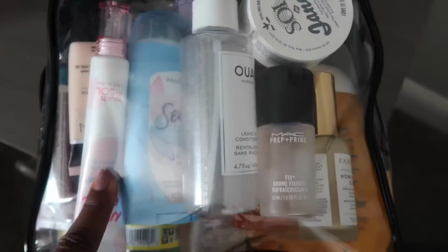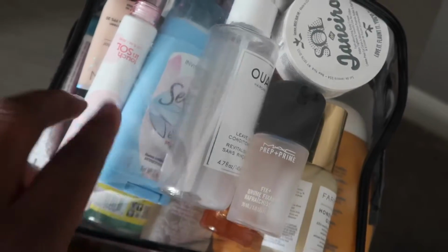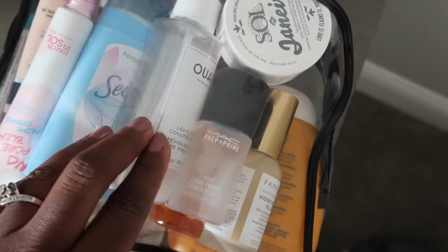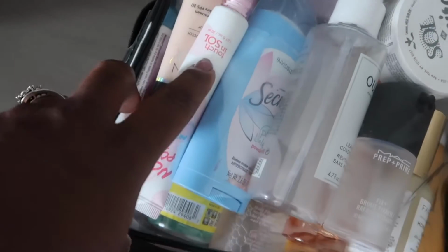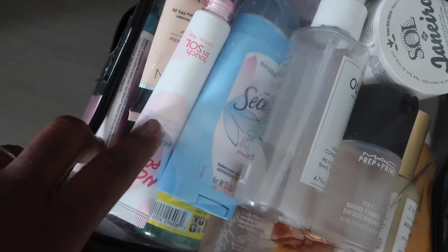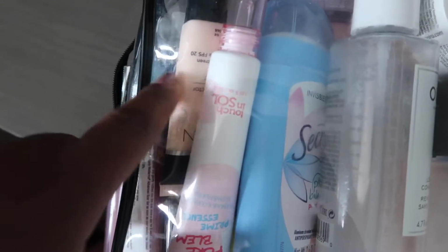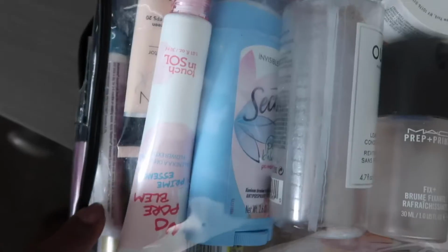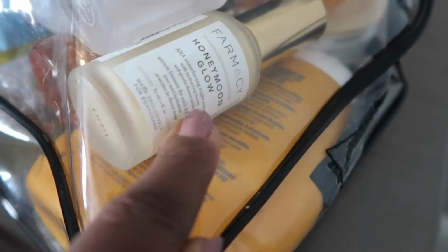Then I have my skincare and toiletry bag, and in this bag I've got all of my skincare, hair care, and toiletry products. So I've got some MAC Fix Plus, my Way leave-in conditioner, my Secret deodorant. I have the Touch and Soul No Pore Bloom Prime Essence, and my Avon sunscreen primer, and I choose this one because it has sunscreen in it, and so you want to protect your face when you're out in the sun. My Mederma that I use for scar ointment, the Sol de Janeiro Bum Bum Cream, the Pharmacy Honey Glow